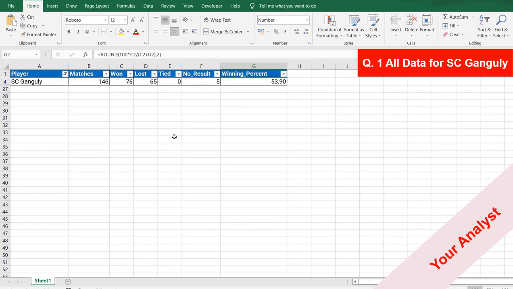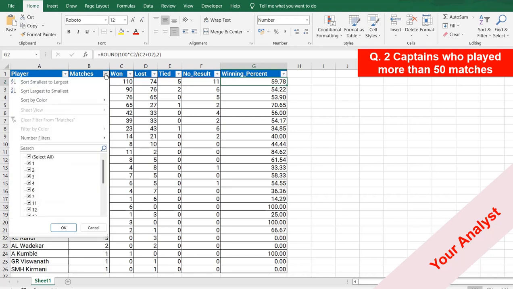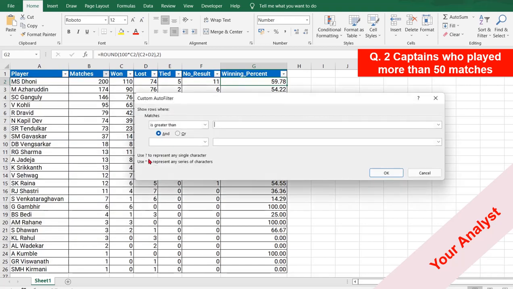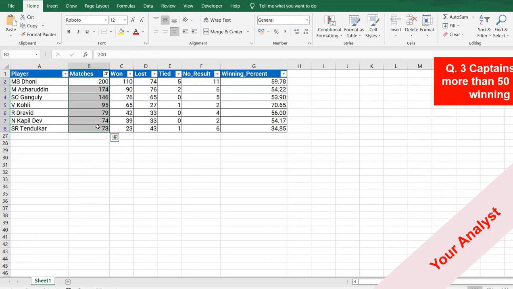Now, if we want to solve the second question, which is the players who played more than 50 matches, what we need to do is just go here, select this condition that the number should be greater than 50. And by doing this, we can easily get all the players who played more than 50 matches. The third question was